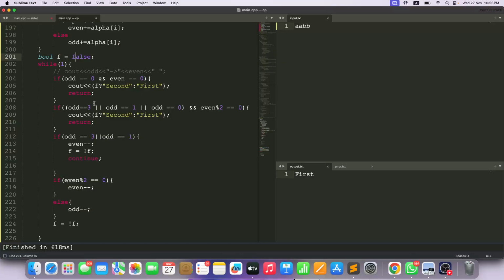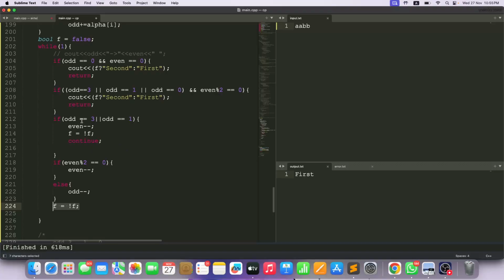If we are left, then it's basically the flag which we are setting. If flag is false, then the first player wins. If flag is true, then the second player wins. Easy peasy. Now these are the conditions: if odd is equal to 3 or odd equals to 1, even minus minus, f is equal to not f, continue. Basically what it means is